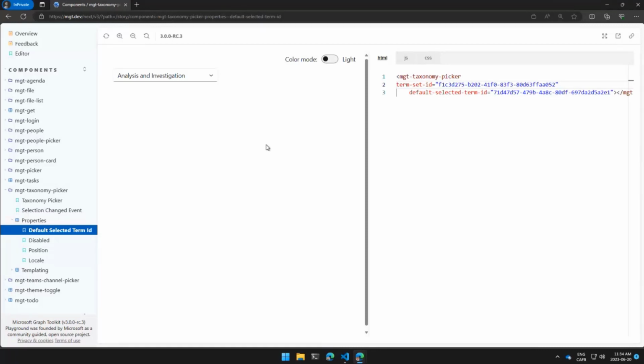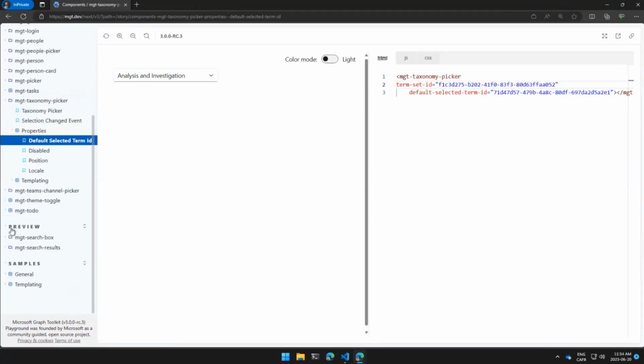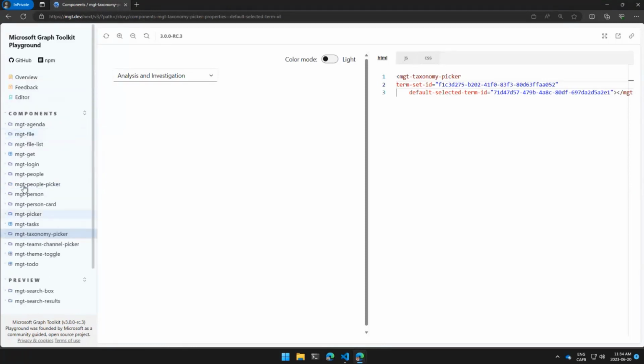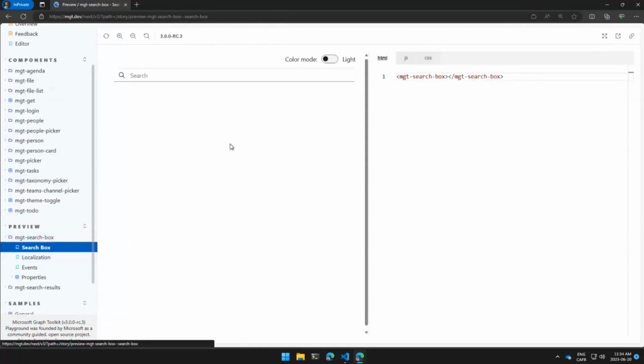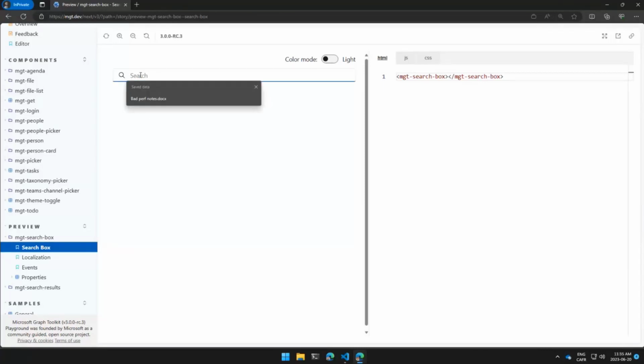Now I want to show you something else, which is around our search capability. You're going to find that here in the preview section we have on Storybook, our search box. Search box is not the most exciting capability we have, because it is a search box. Right now, there are no graph connections to the search box. You can think that in the future, when I click in the search box, you'll be able to see a list of maybe my latest consumed resources, my latest documents, latest persons I've been talking with. But for now, it's not.